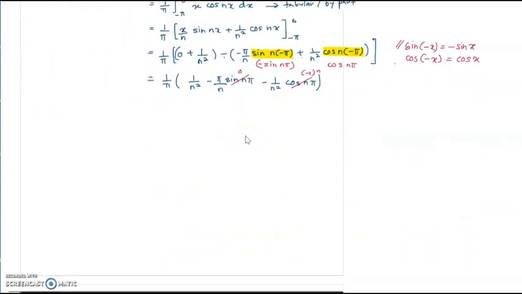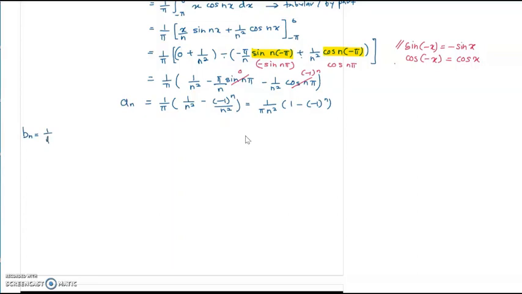Okay, so what's left now is 1 over pi, 1 over n squared minus negative 1 power of n over n squared, which can be written as 1 over pi n squared times 1 minus negative 1 power of n. Okay, so that's our an. Okay, now for the bn, so bn is given by